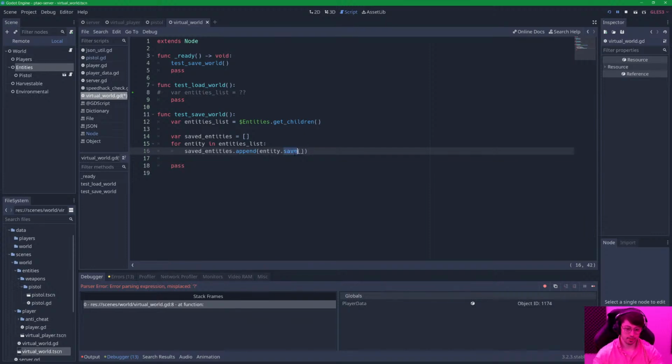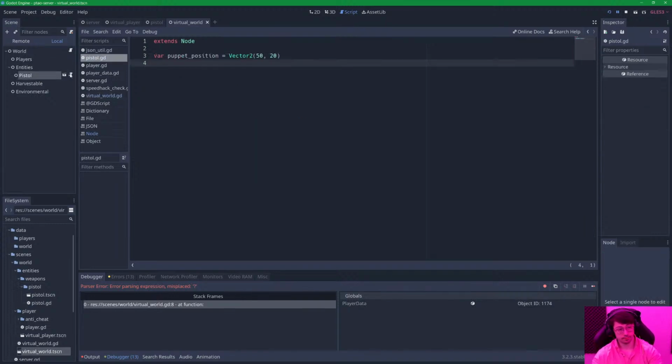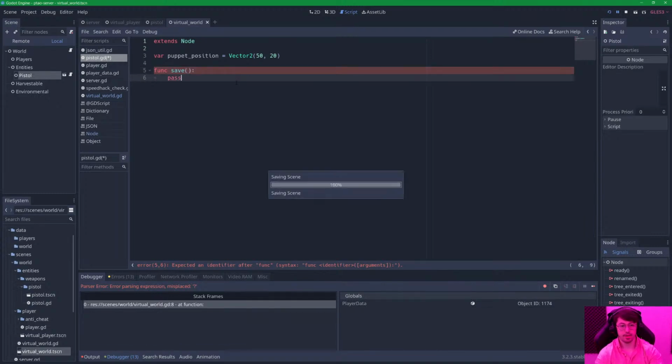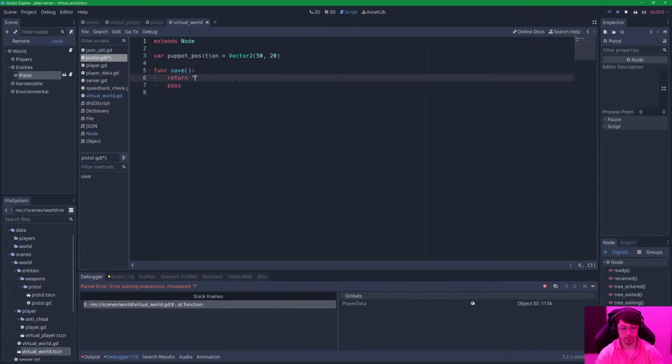How do you do this? Well, in our children of the entities, we need to probably create a save function. Currently, we only have one pistol, so I'm going to test with only one pistol. So let's try this save function. Let's try and see if we can make that and return whatever we need. What do we need? We need, well, we need a position. So we need